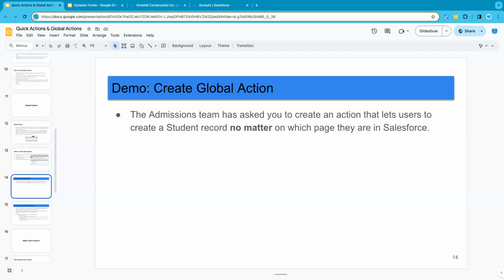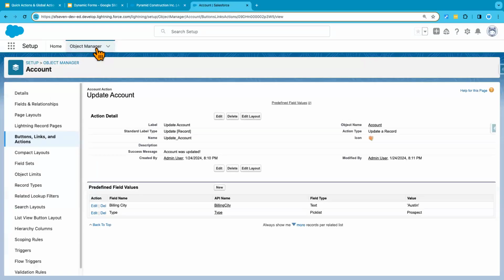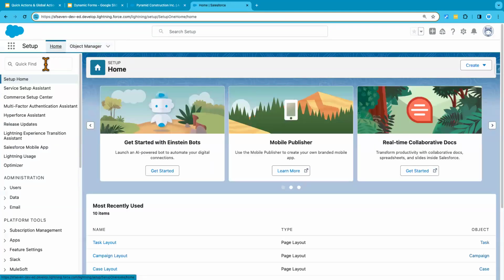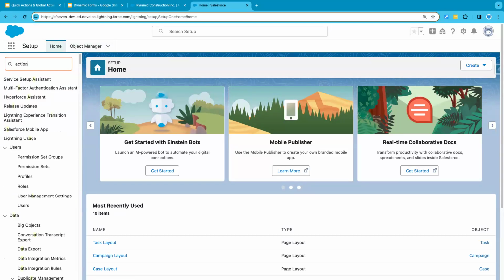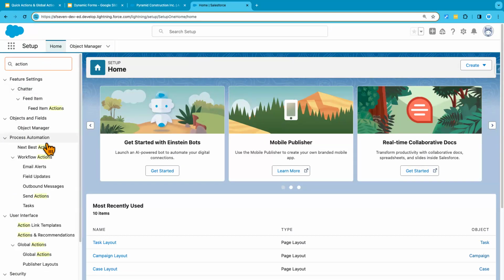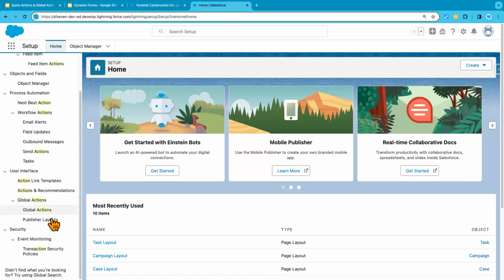In this session, we'll be creating a global action which creates a student record. Student is our custom object, and this global action will be creating this student record. So for that, we will go to Home tab here from the setup, and then search for action. And then down here, you will see global actions. So click on it,